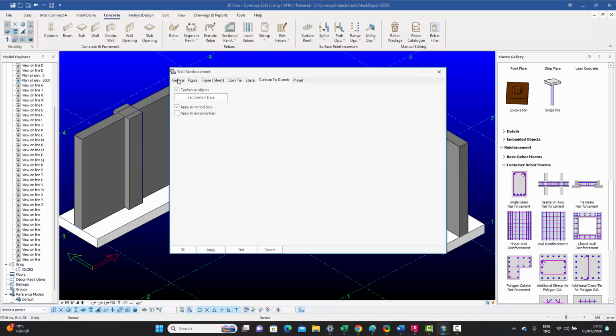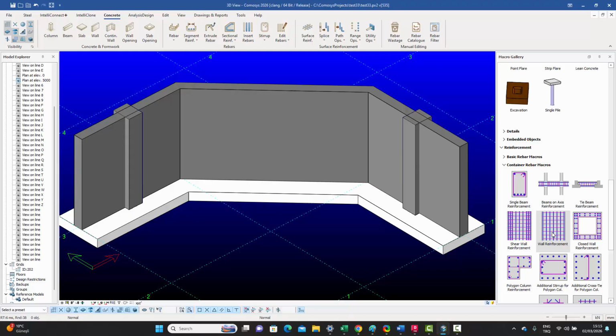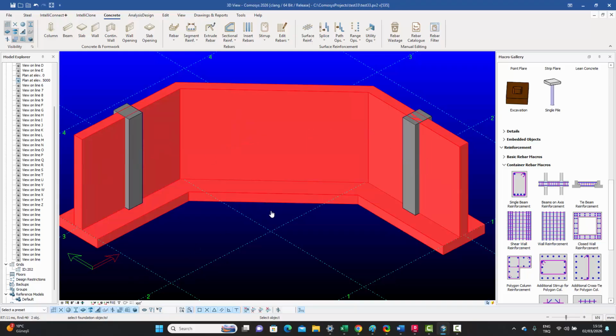So let's just click on that, keep this one ticked on, and say apply and OK, and go back into our wall macro, select the wall, right click again, no more walls. It's asking for foundation objects now. Select the foundation, right click once more to finish the foundation. And now it's asking us to select the objects to which the wall reinforcement needs to conform to. So you select the column, right click, select this column, right click, and then right click again to finish the